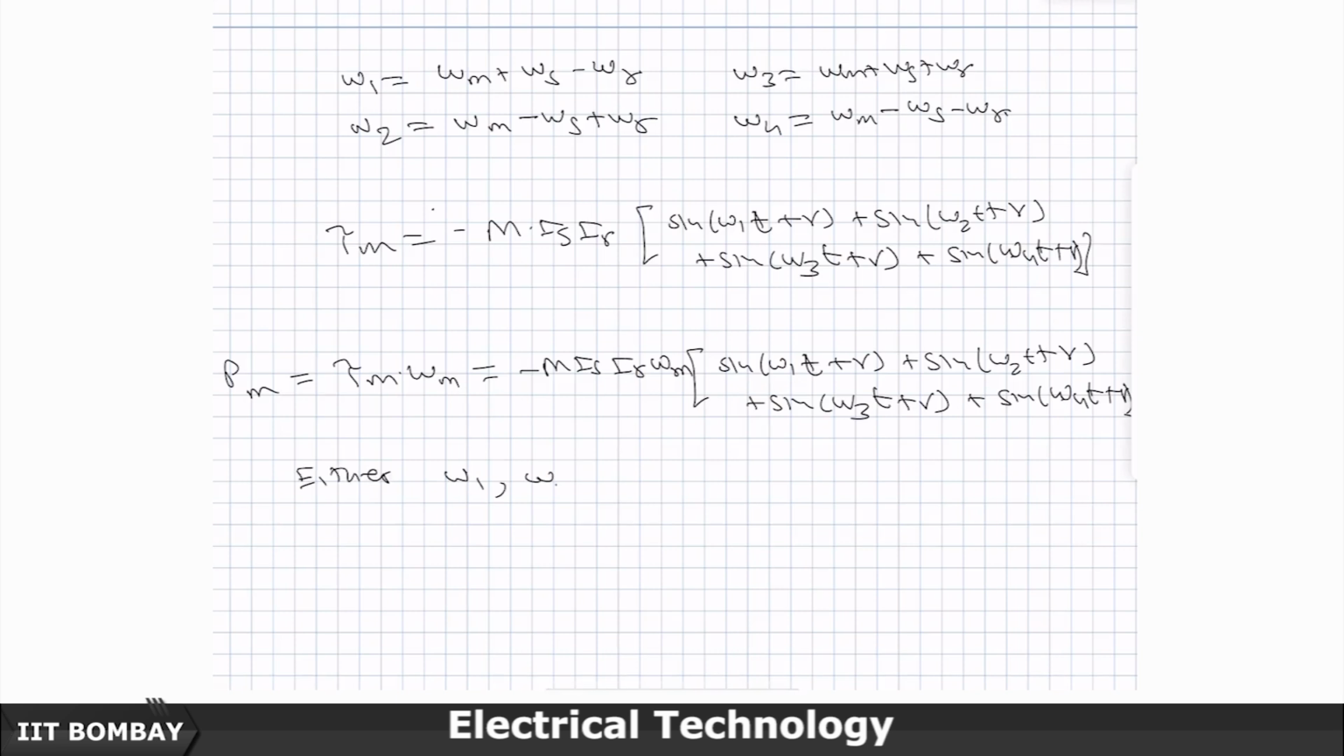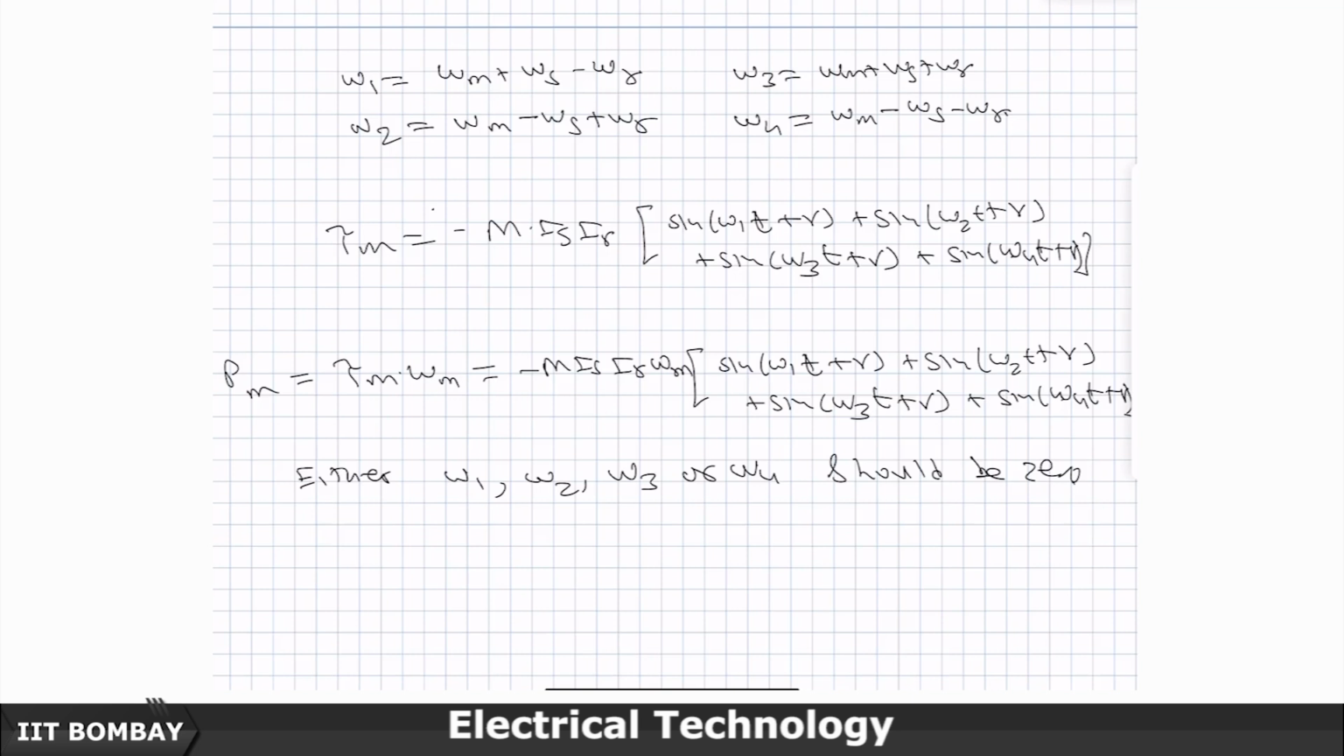Either omega 1 or omega 2 or omega 3 or omega 4 should be 0. If one of these omegas goes to 0, then what will happen? Suppose omega 1 goes to 0, then this term will just become sine of gamma. If omega 2 goes to 0, then this term will become only sine of gamma, and so on for the remaining 2 terms. So, at least one omega should go to 0, and usually as we will